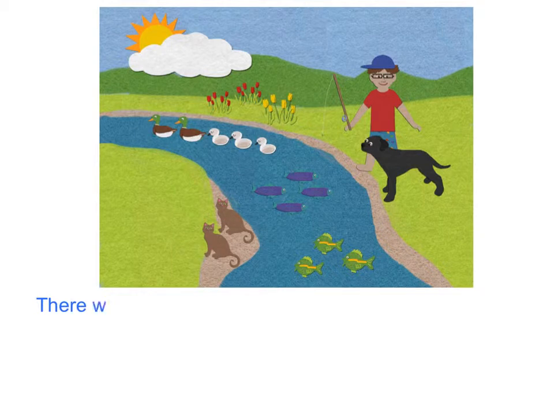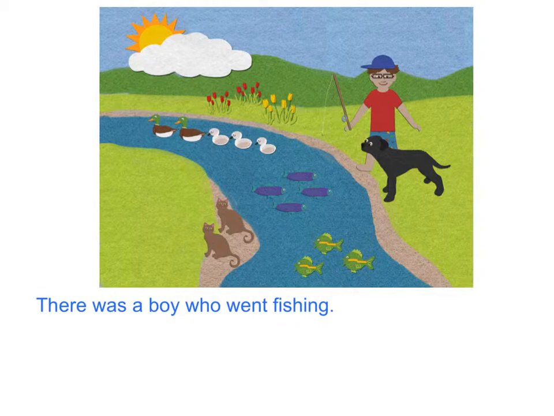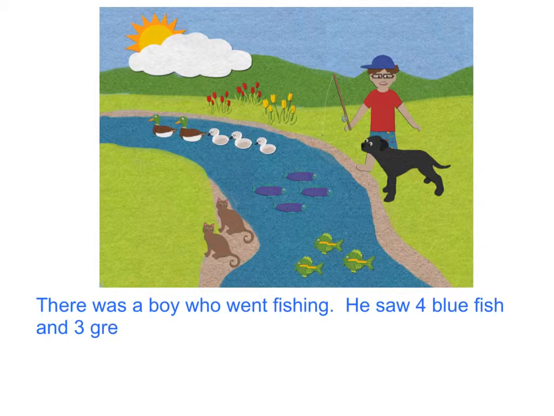There was a boy who went fishing. That matches my picture. He saw, this is where I'm going to talk about my 2 objects. He saw 4 blue fish and 3 green fish. Now I need to ask my reader